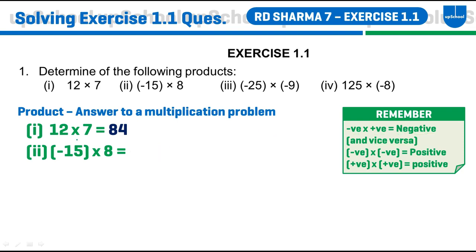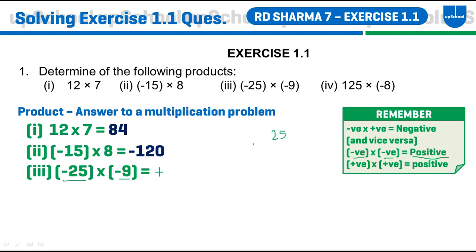Hope you understood. So yes, now let's look into the third sub-question, negative 25 times negative 9, alright? So we're multiplying a negative integer by a negative integer, and as we learned, any negative integer by a negative integer, the answer is going to be positive. So yes, we know the answer is going to be positive no matter what. So now let's just do 25 times 9 to just find the number over here. So 25 times